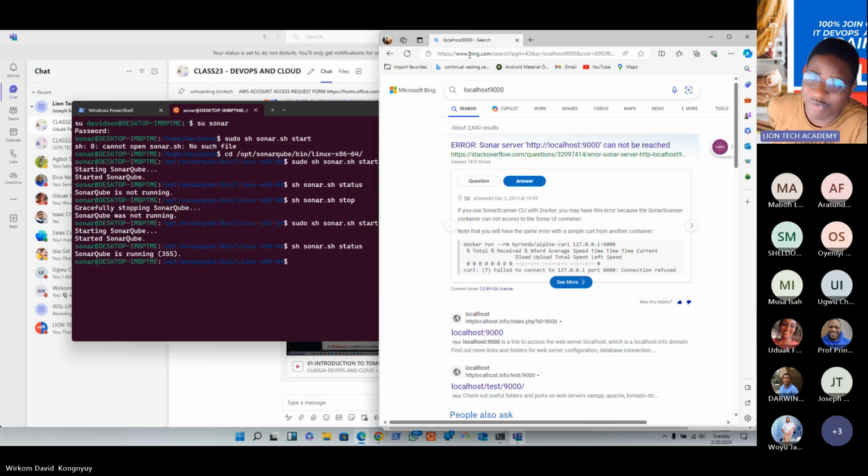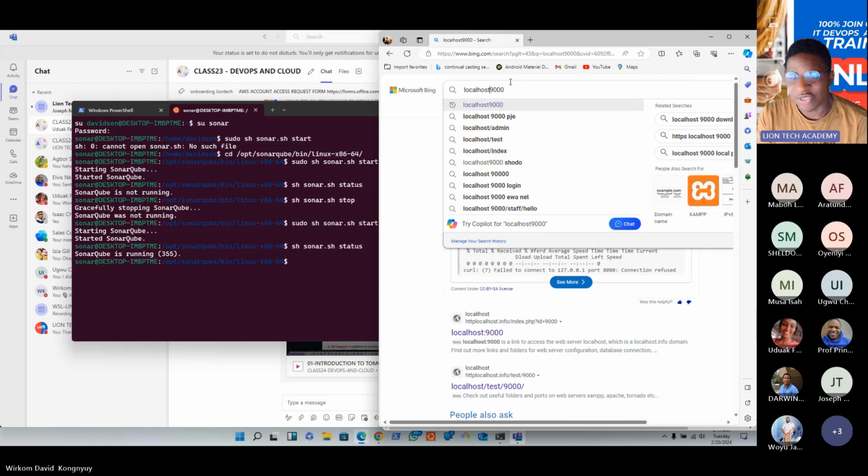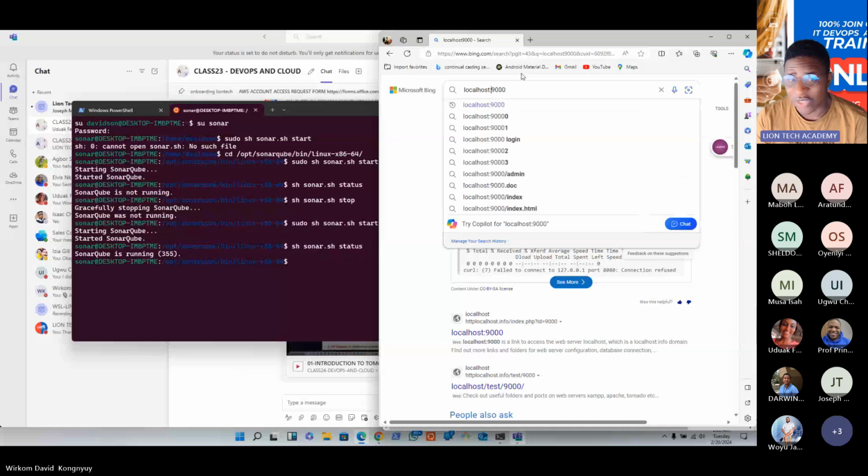Let me see who's going to point it out. So sometimes when you are copying and pasting, don't just be in haste. Pay attention to what you are doing. Also look at it: there's no space in what he's searching for, the localhost 9000. I think there's supposed to be a space in between them. That's not the issue. There should not even be a space. Something is missing. If you look at your documentation, you will see it there. So again, when you don't pay attention, that happens. See that? There you go. You figured it out. Okay, that's it.